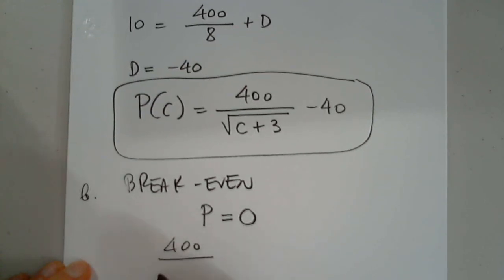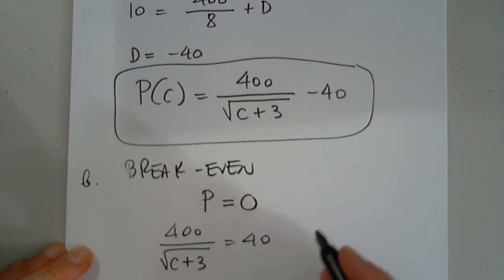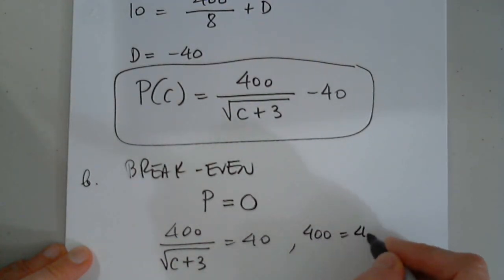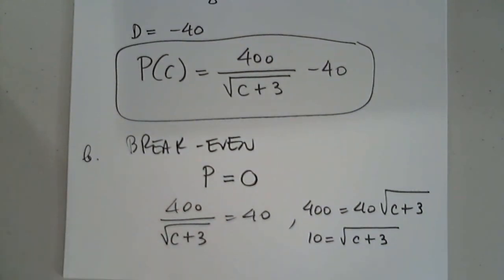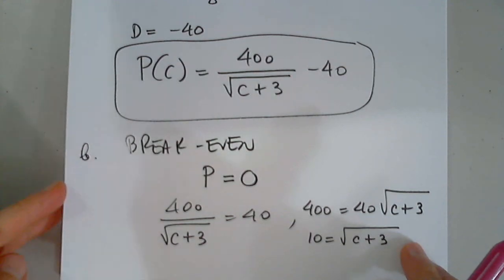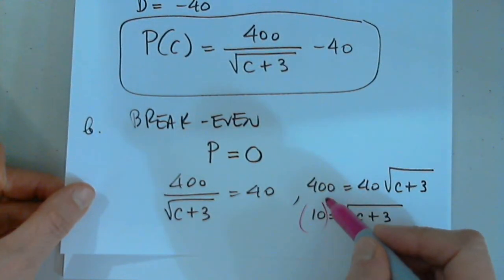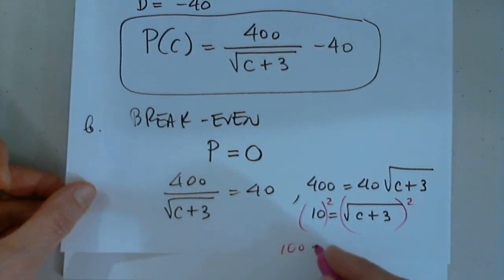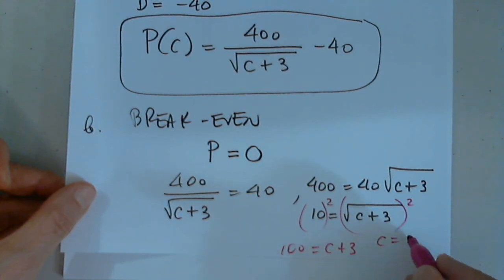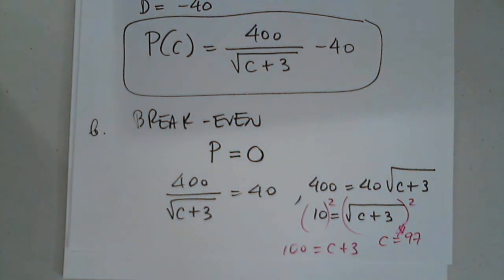Okay, so we set it equal to 0. So I have 400 over the square root of C plus 3 minus 40. This is no longer calculus. I have to set that equal to 40. Cross multiply. 400 equals 40 times the square root of C plus 3. I divide by 40. 10 equals the square root of C plus 3. And what operation do we apply now to both sides so we can solve? Square, because we want to eliminate the square root. So 100 equals C plus 3, or C equals 97. That's where the break-even